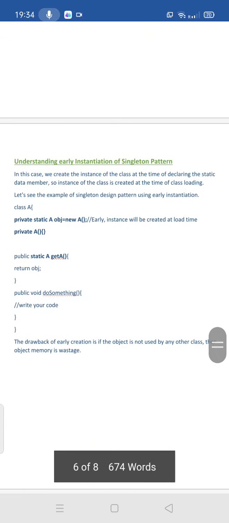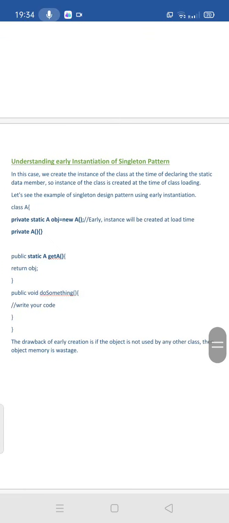First, let's understand early instantiation of the singleton pattern. As the name suggests, early instantiation means creating the instance of the class at the time of declaring the static data member, so that the instance of the class will be created at the time of class loading.